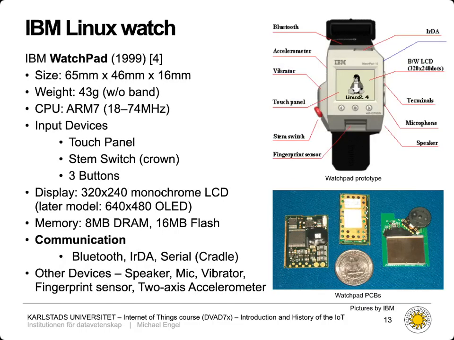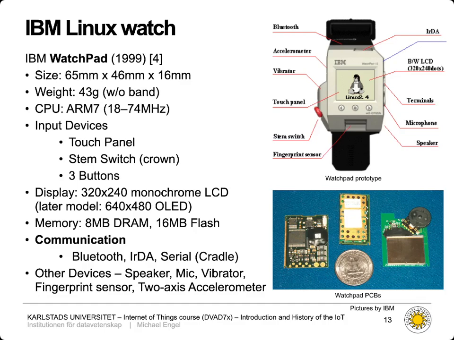Now, a couple of years later, there was a research project at IBM, and they tried to make all this technology quite a bit smaller. So here you can already see an ARM chip in operation, one of the early ARM-based microcontrollers, an ARM7, running at between 18 and 74 megahertz. So here you see one of the technologies which will become important in the last part of this course, energy management. So you can scale the frequency of a CPU and accordingly the power consumption according to the tasks it